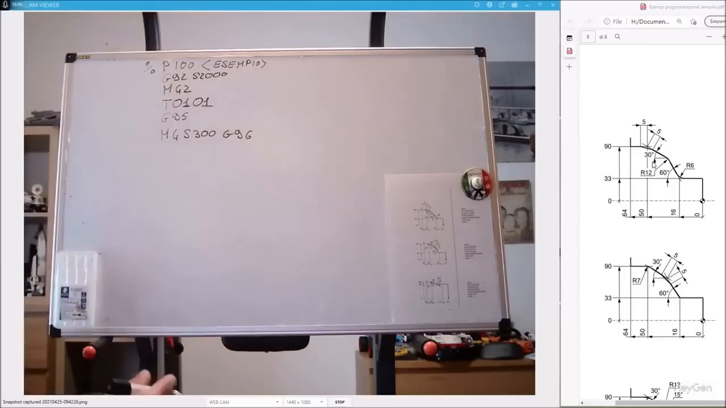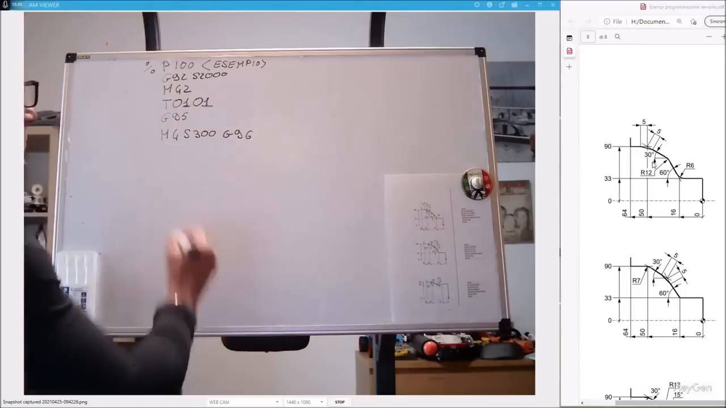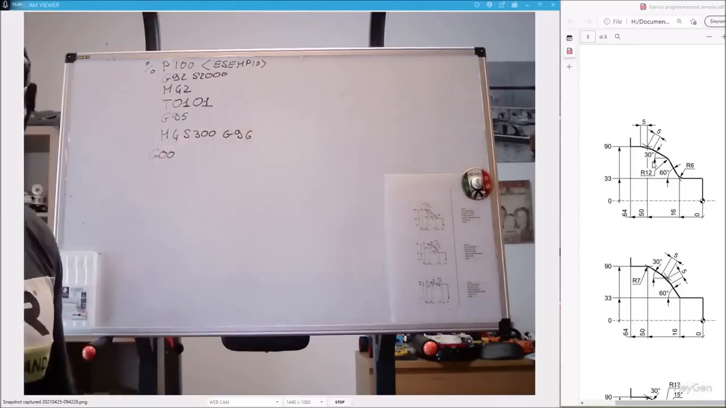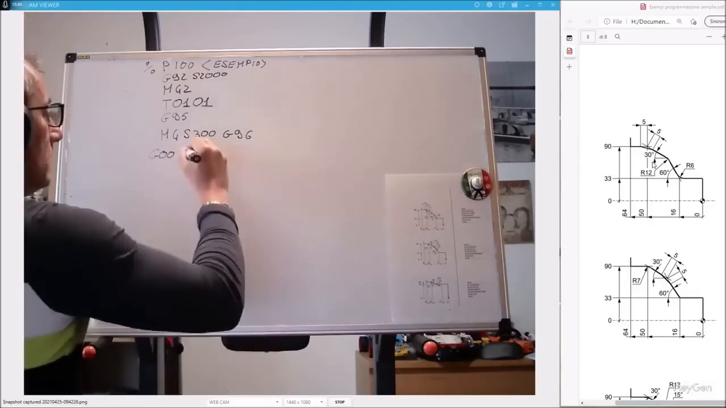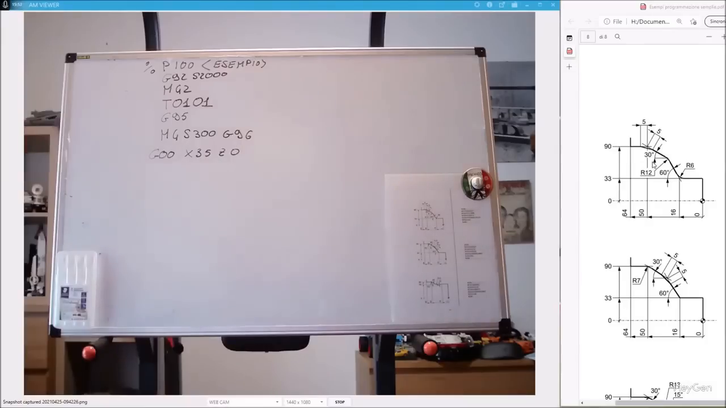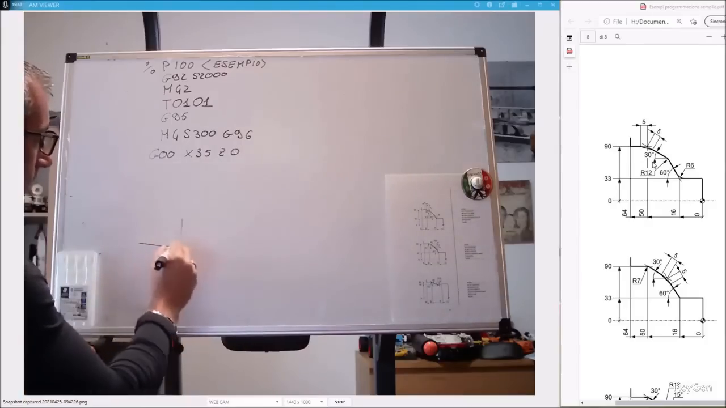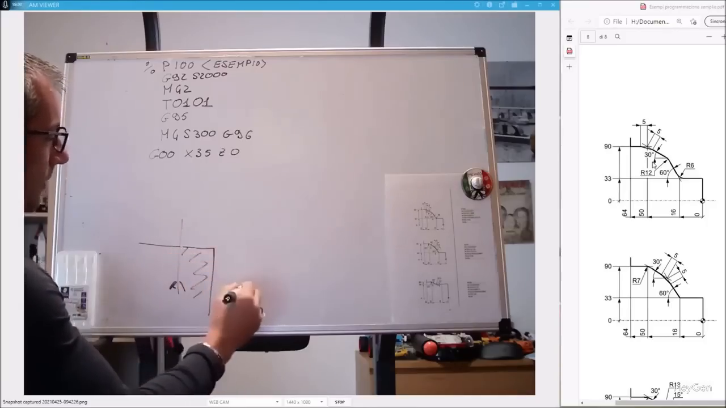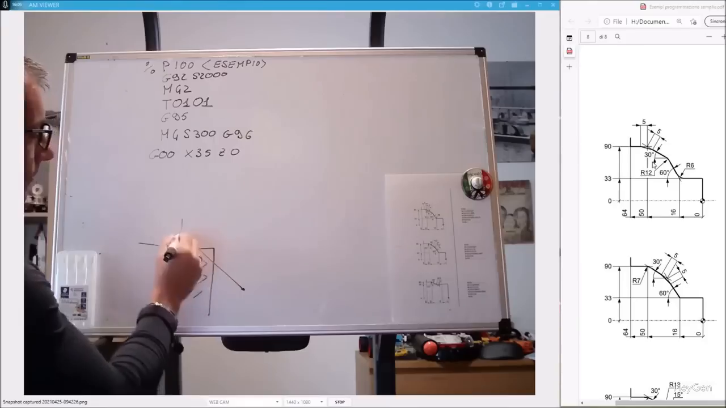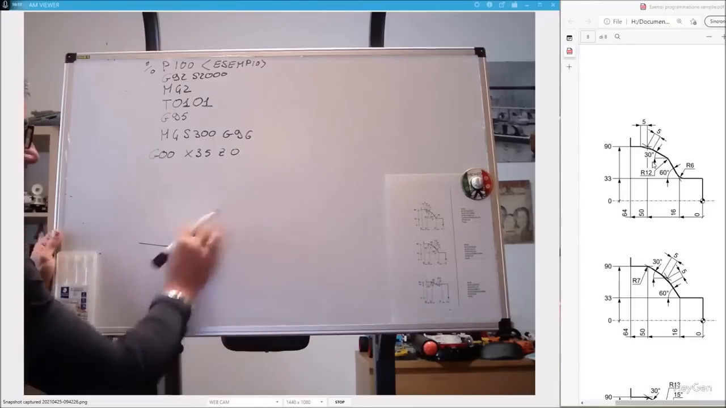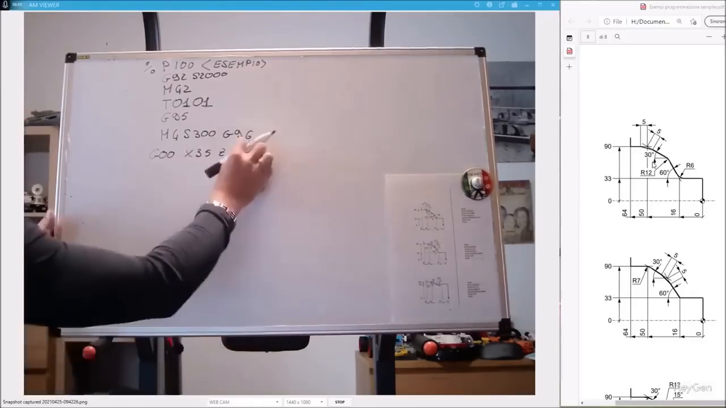Okay, the first operation to do is to face this piece. So the approach to the machine can be something like G00 Rapid X35.5 Z0. What happens if my piece, this is X35, this is my zero. If my piece protrudes, I don't know how much, 5 millimeters, and my colleague left the machine here. We do this, and obviously we collide. So a correct approach could be something like